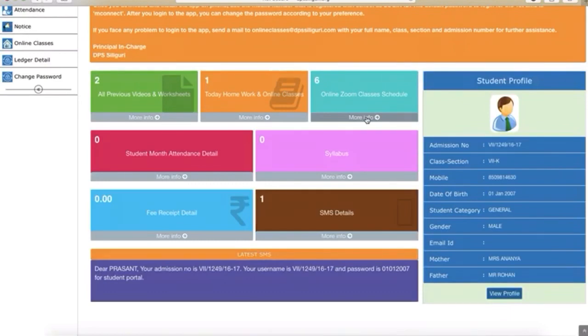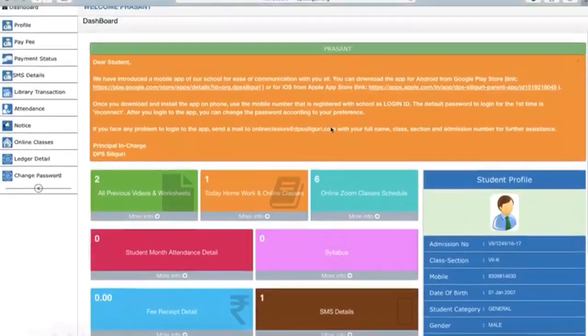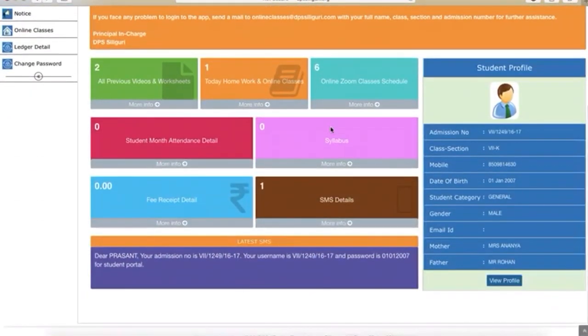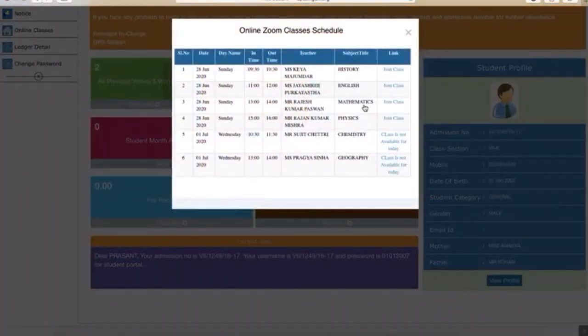The way you are going to join your live classes will be: you access your online portal and open the dashboard page. When you go to the online Zoom classes and click on it, you will see this kind of a pop-up window where there is a serial number, the date, day, time of the class, name of the teacher, subject, and the link.